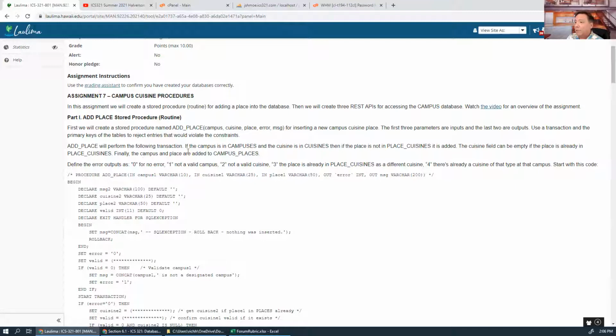And finally, the campus and place are added to campus places. Okay, so that's all this does. The campus already has to be in there,